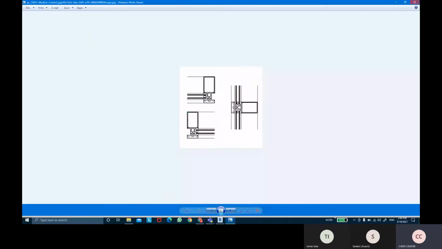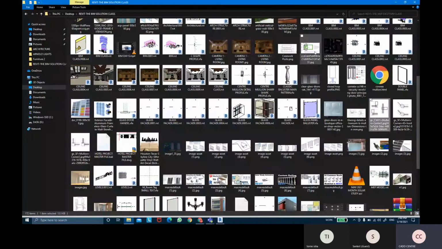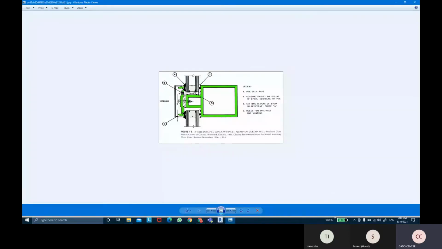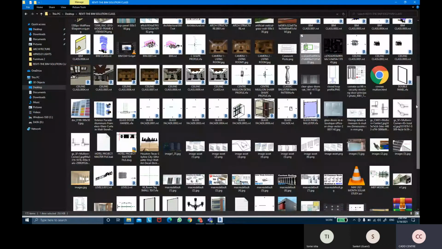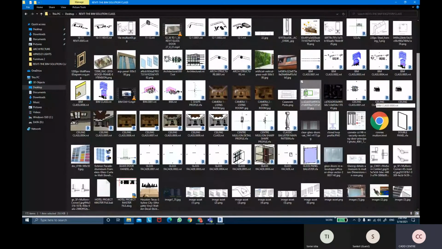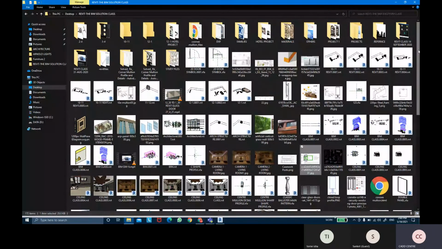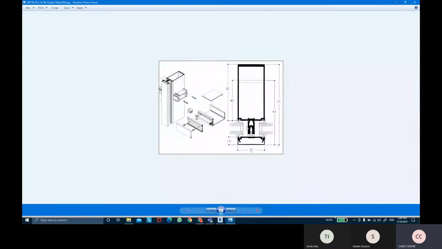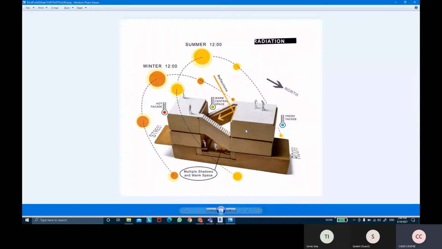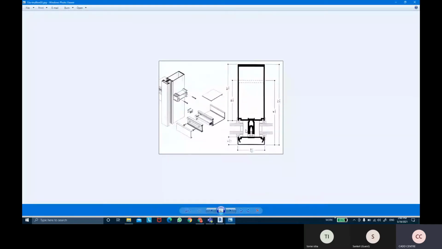So we're gonna create these internal detail lines, something showing these clips and everything. So we have to create some detail profiles.